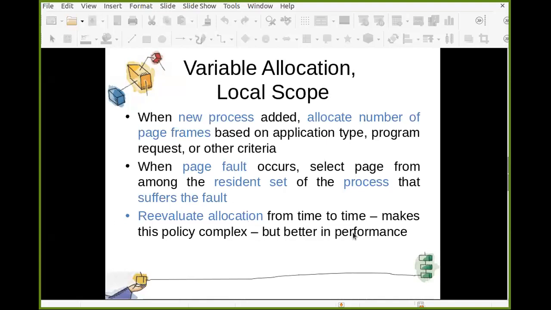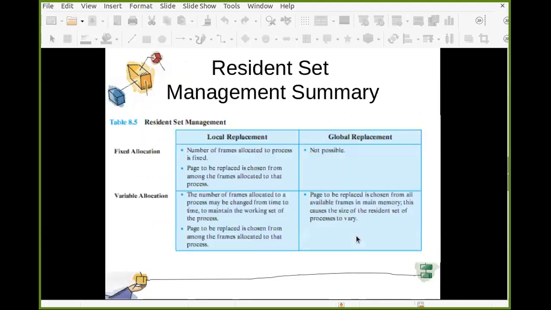You check the page fault rate for this process. If it is high, you may allocate more frames. If it is low, you may remove some of the frames. This reevaluation and changing makes it a little complex, but it is better in performance.